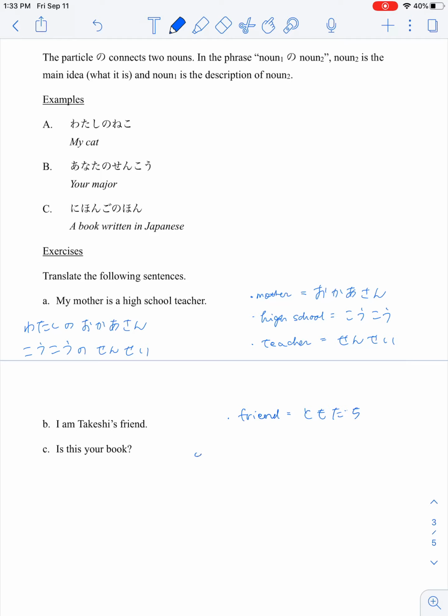C. Is this your book? Your book will be あなたの本。So, is this your book will be これはあなたの本ですか？